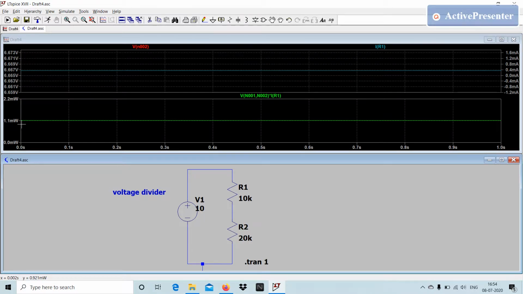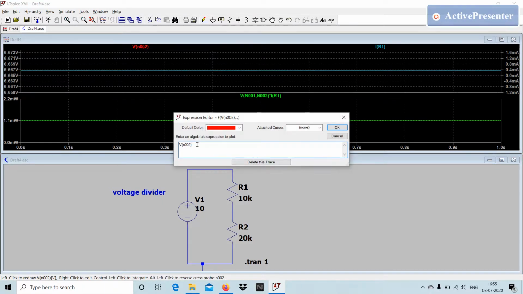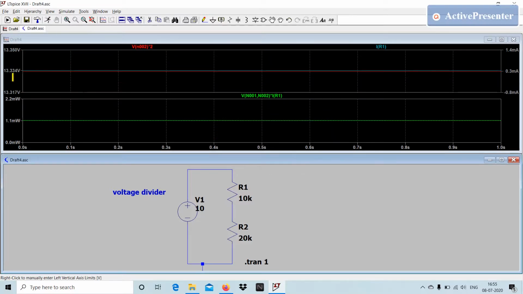Likewise, if you want to add, for example, my output voltage is 6.667 volt. If I want the multiplication, or the square of that value, I can do that over here. You just give the multiplication with 2, then you get 13.334.